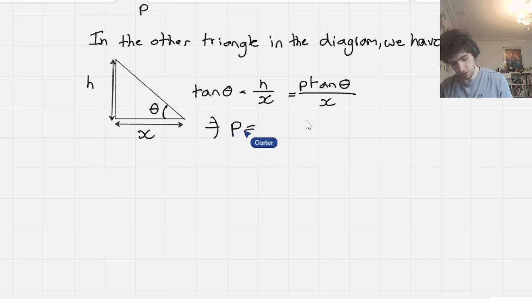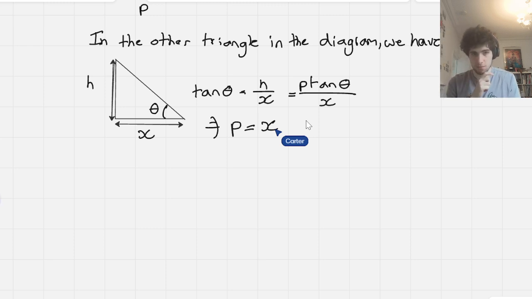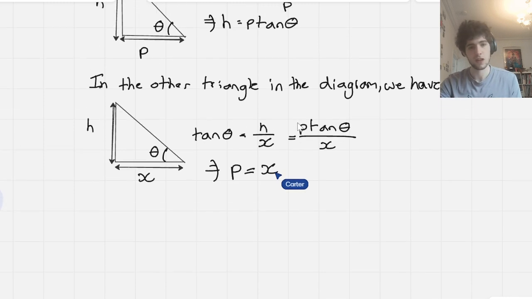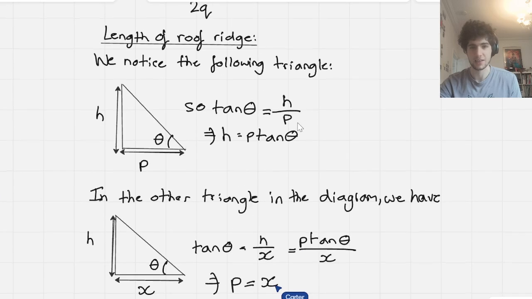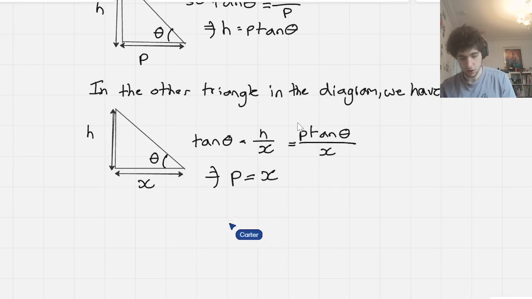As long as, well, if we divide by tan theta, that's true, as long as tan theta isn't 0. But that would mean that theta is 0, so we wouldn't even have a roof, or theta is 180 degrees. So again, there wouldn't be any roof, right? So that's fine. So p is going to be equal to x, which means, right, so the length of the